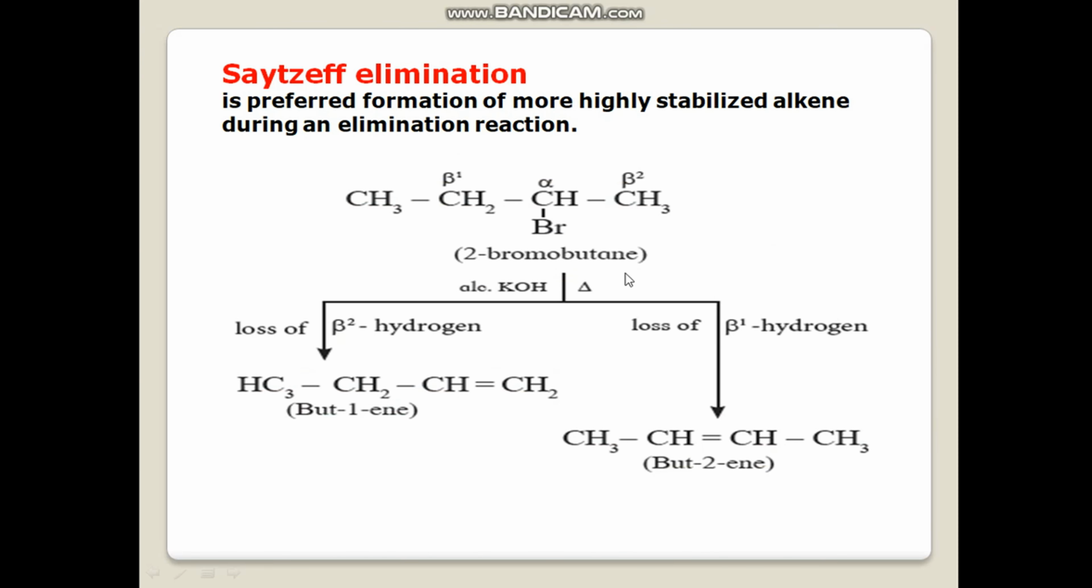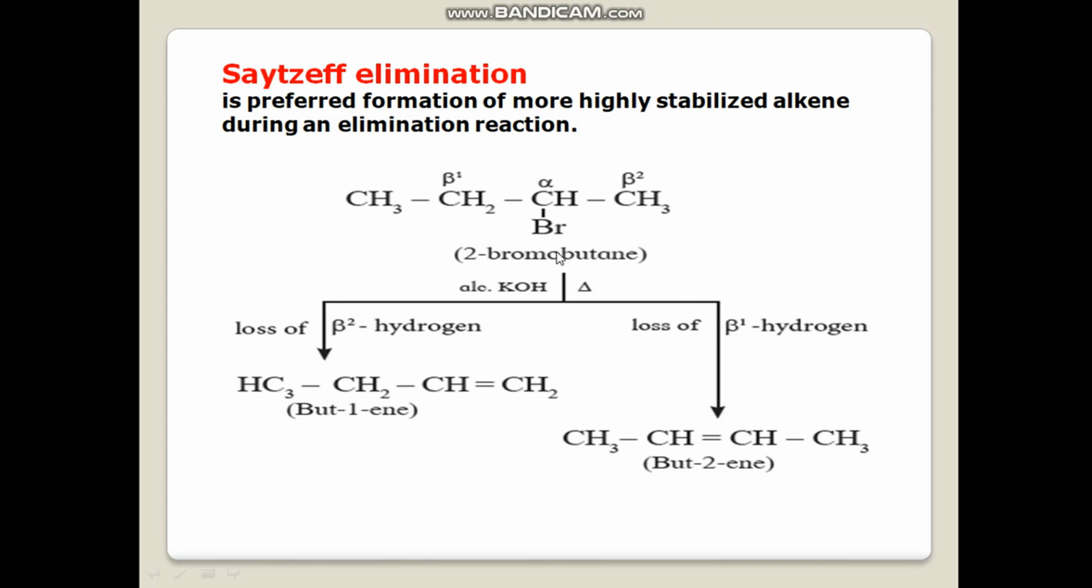Then the next reaction, Saytzeff elimination. Saytzeff elimination prefers the formation of the more highly stabilized alkene during an elimination reaction. See, 2-bromobutane reacts with alcoholic KOH, potassium hydroxide, on heating, giving 1-butene and 2-butene. But by the Saytzeff rule, the major product is...